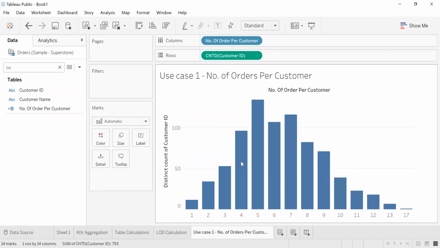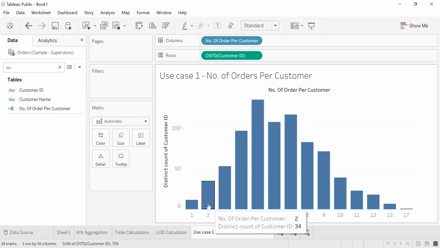You will see a graph which we want to show. So there are 12 customers who made one order. There are 34 customers who made two orders. So there are 34 customers who made the same number of orders, like 2. Not the order ID, which can be different, but the number of orders are the same.